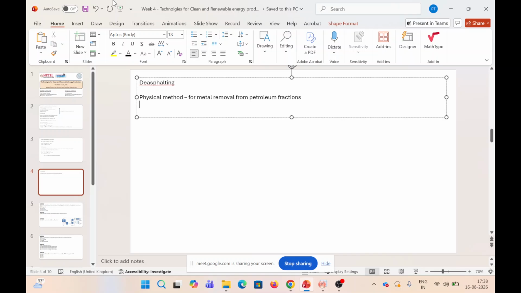Because when we go for these kind of process and process flow diagrams, the temperature, pressure, and operating conditions, what kind of reactors are used, how the process is happening, their advantages and disadvantages, all these details become important when we discuss each of these processes, because a small change